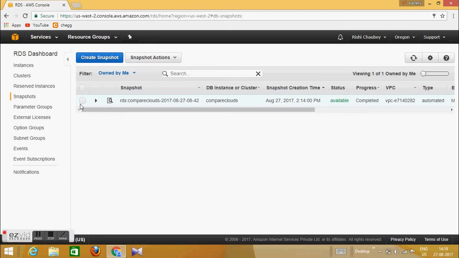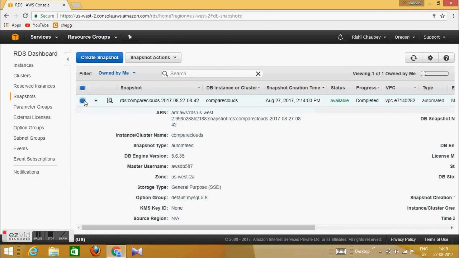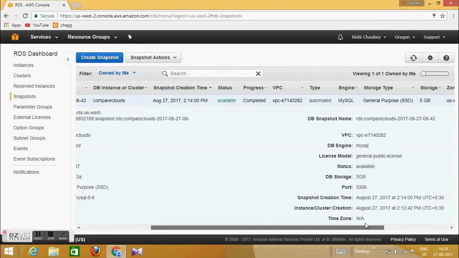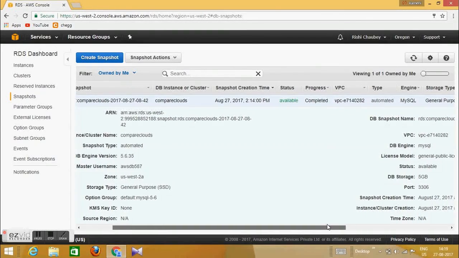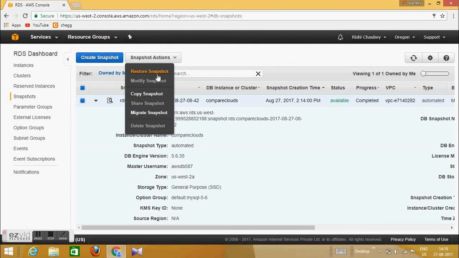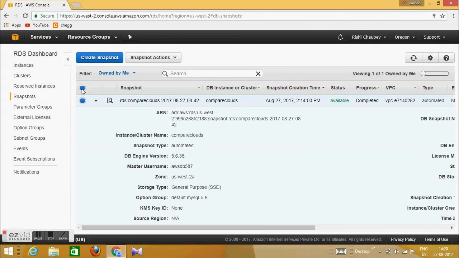Then you can create a snapshot of the DB instance, so that you can use the configuration of that DB instance for various other DB instances which you may use in the future. You can see there are various details available for that DB instance. You can perform various actions on it, copy snapshot, migrate snapshot, and so on.